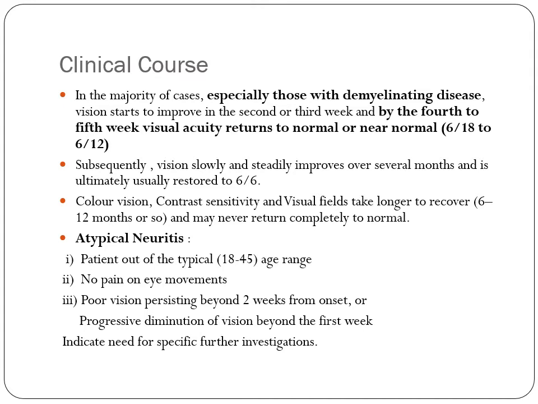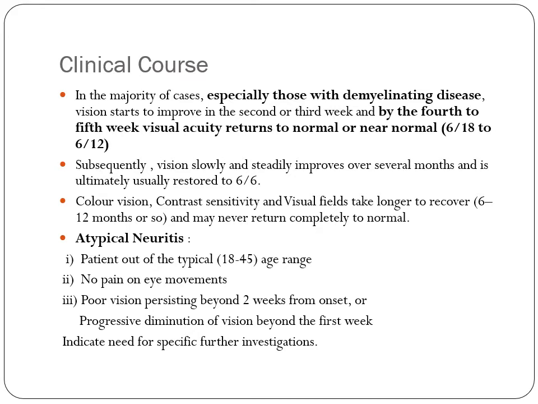So I will again tell you, there is typical optic neuritis and atypical. Typical is associated with multiple sclerosis or demyelinating disease. Typical affects the age group 18 to 45. Typical has painful sudden loss of vision. In the natural course, vision improves. Typical also has dyschromatopsia, reduced contrast sensitivity, and field defects. These changes take a longer time to recover in the natural course of the disease. Atypical is optic neuritis other than demyelinating disease. Age group is beyond 18 to 45. Pain is not there on eye movement. It is painful in typical, especially in the superior rectus area.